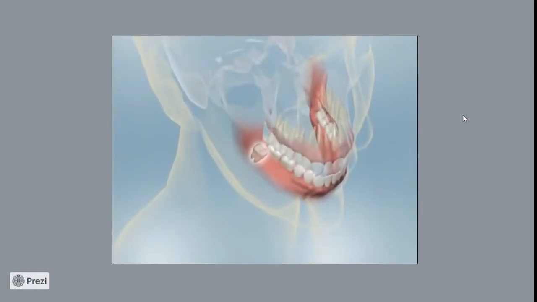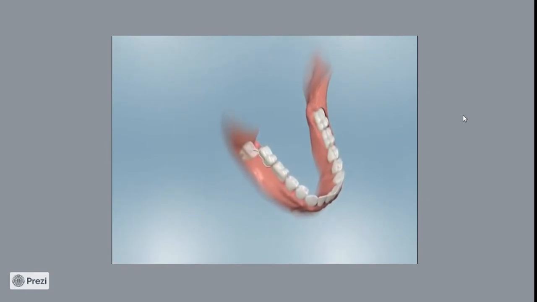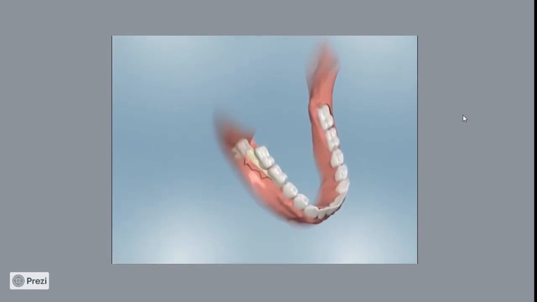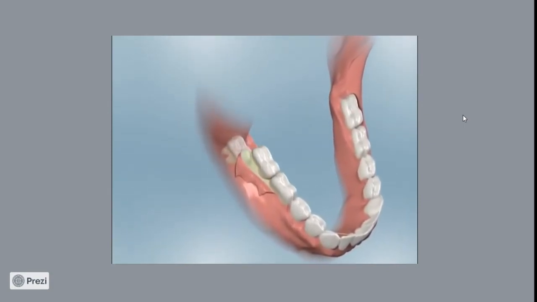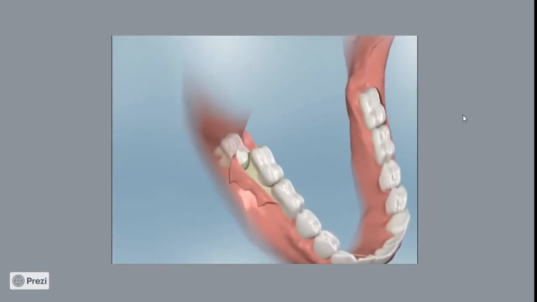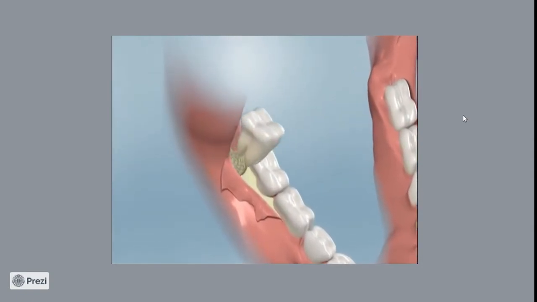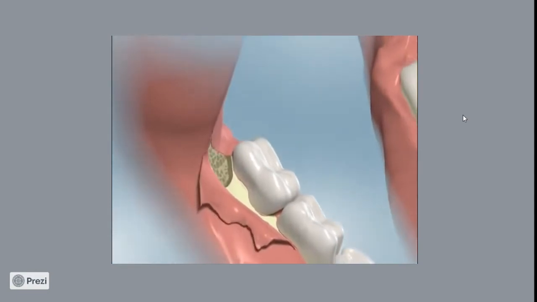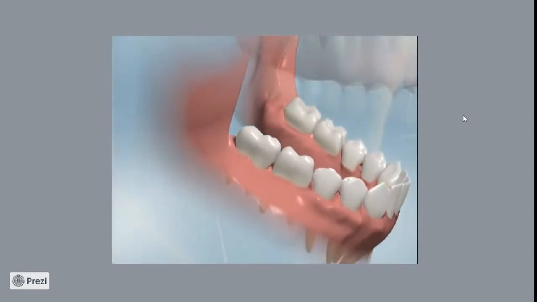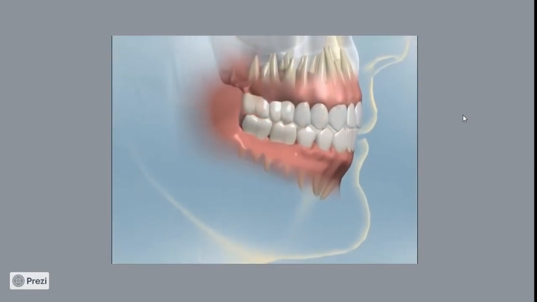If the tooth is impacted, an incision is made in the gum tissue, which is turned back so the tooth can be seen. If bone is covering the tooth, some of it may need to be removed in order to expose the tooth. This tooth may be removed in one piece, or in some cases, it may be cut into sections. The removal of 4 impacted wisdom teeth usually takes 45 to 60 minutes to complete. Once the wisdom teeth are removed, the gum tissue is sutured.